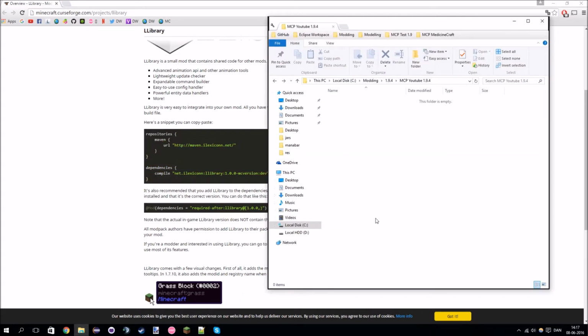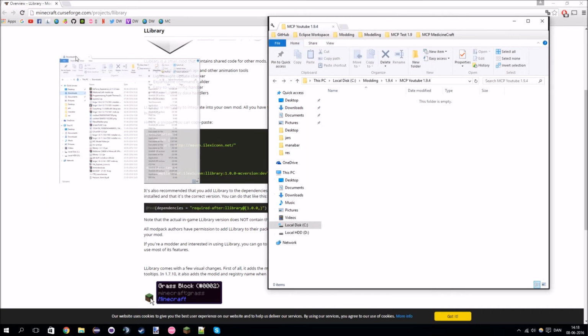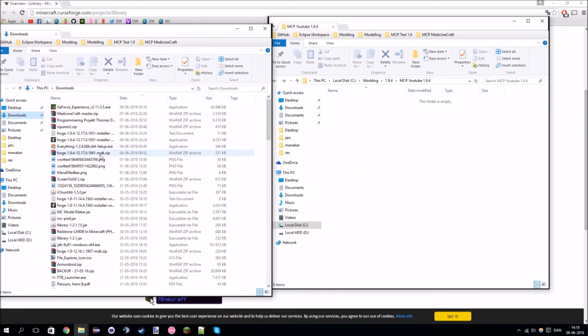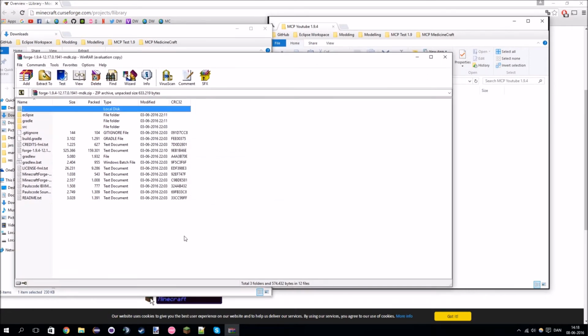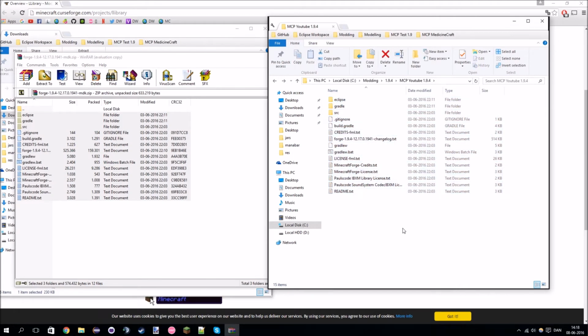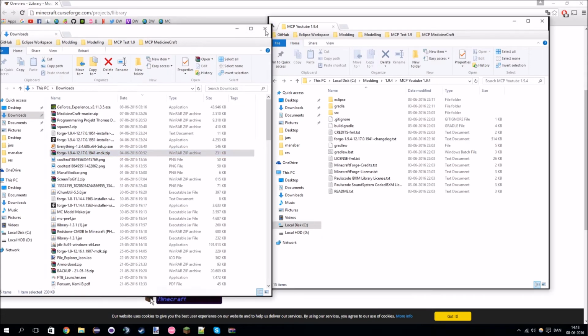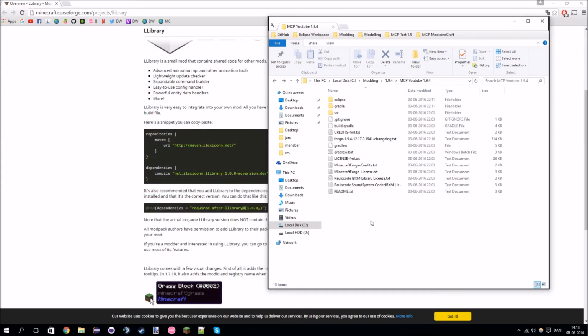But before we do that, you want to go into your workspace and you want to open up the downloaded zip file from files.minecraftforge, which I have right here, Forge 1.9.4. And so you want to take the contents of this file and put it in your workspace folder, or Minecraft Coder Pack folder, or whatever you want to call it. Just do that. And usually you would just go ahead and set up the workspace now. But before we do that, go into your